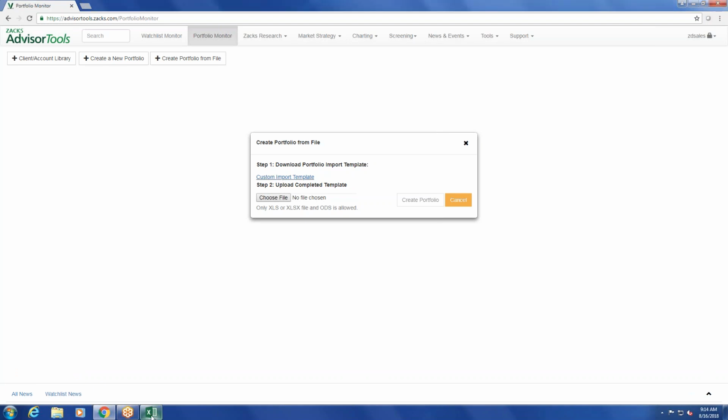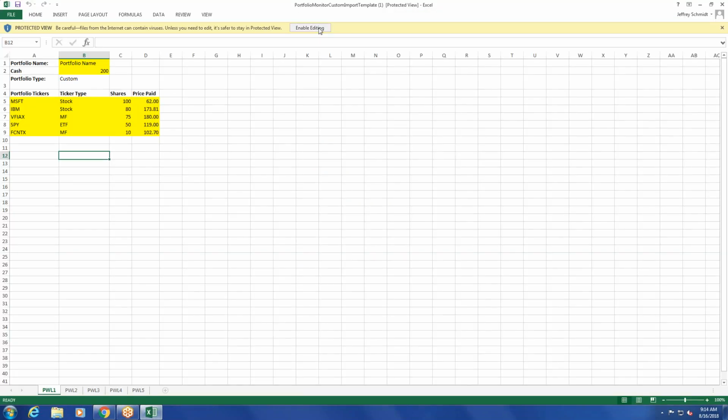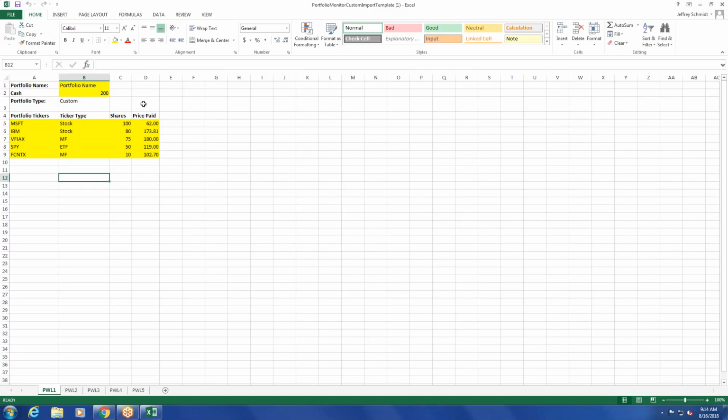It should bring up here. Same sort of template, but just different options as far as information that we provide. You'll have to enter in the tickers as well as enter in what ticker type it is, if it's stock, mutual fund, or ETF, the number of shares, and price paid,